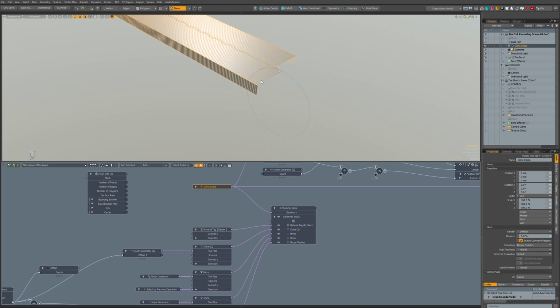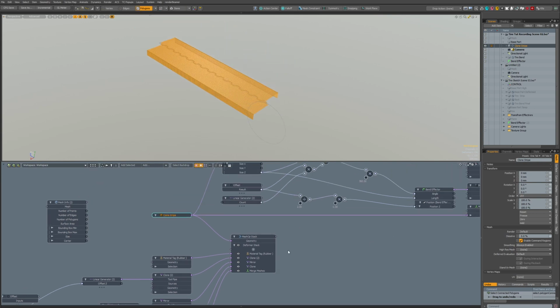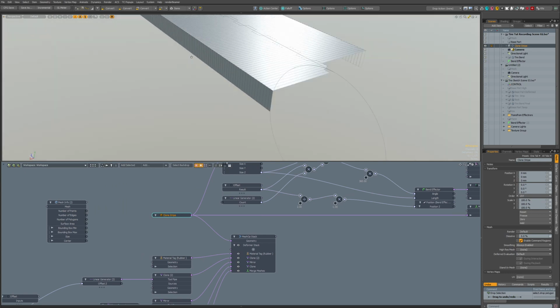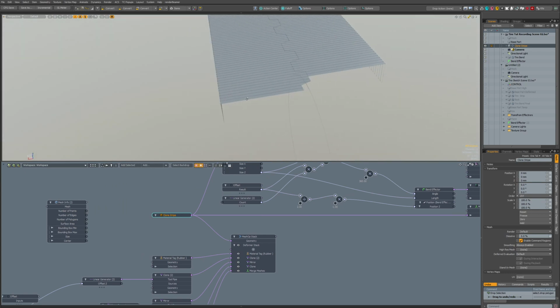Because if we look at this, it looks like it works. So I'll fix it later. Instead I'll continue rather than fixing it now.